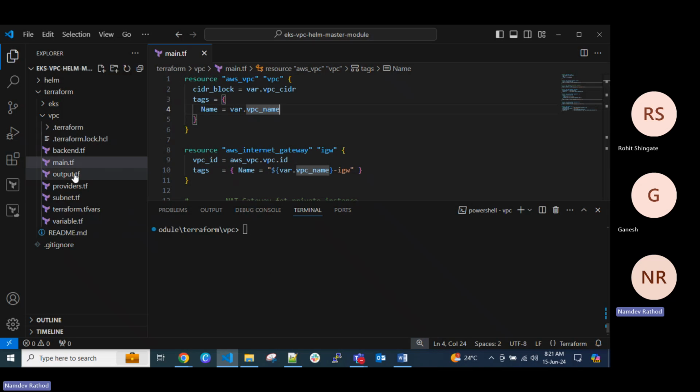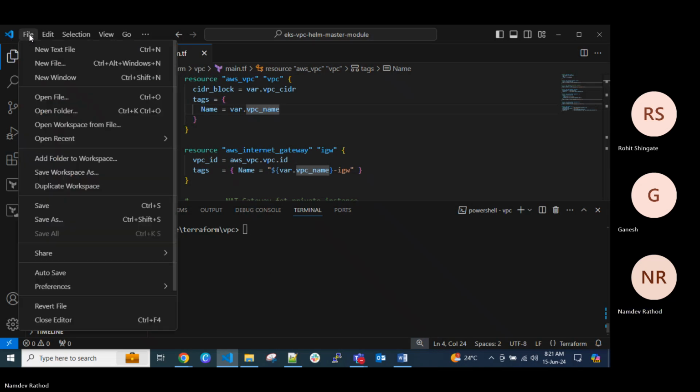Okay, if I show you the earlier project, let me open that, which we covered initially, in the main.tf file. So in that case,